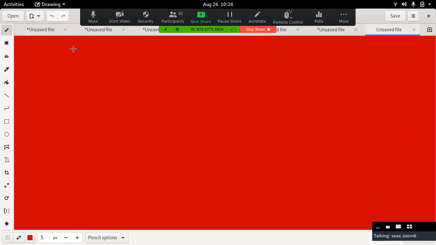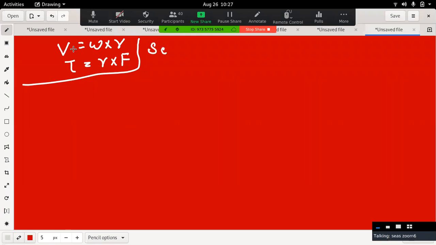So like V is equal to omega cross r, similarly there are other quantities like torque, which is nothing but r cross F. So r is the position vector and F is the force vector. So this was about the vector product or cross product. Then there is scalar product or dot product.